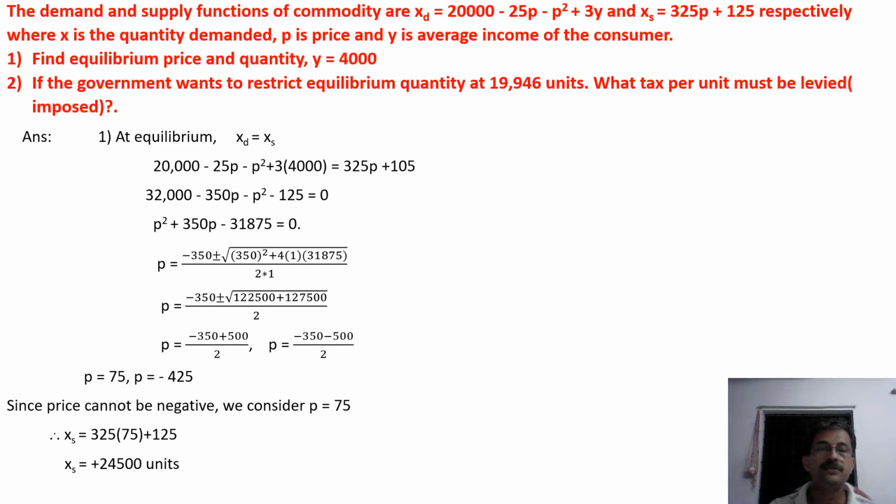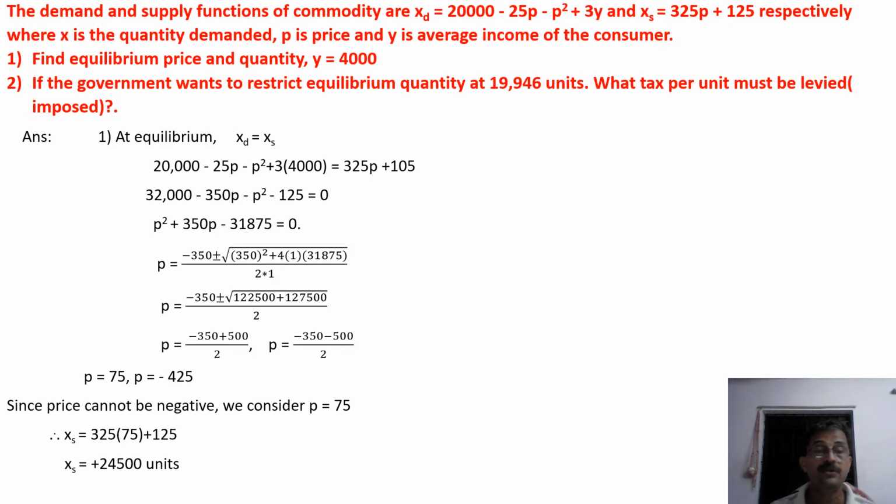So substituting for xd and xs from the given equations, we get p two values because it's a quadratic equation. Solving this quadratic equation, we get two values of p. One is negative, the other one is positive. We have to neglect the negative value because price cannot be negative. So considering p equal to 75, we get